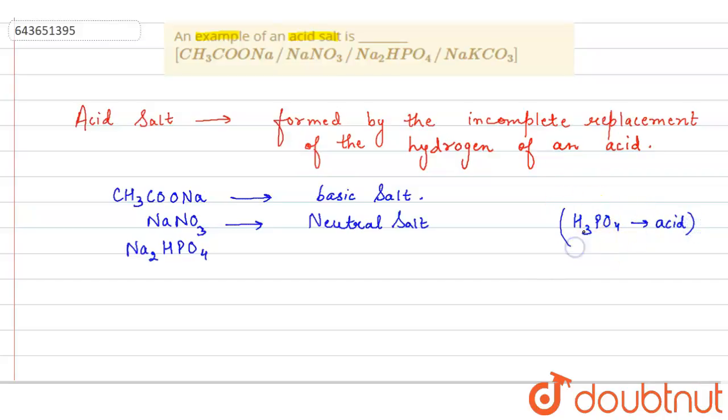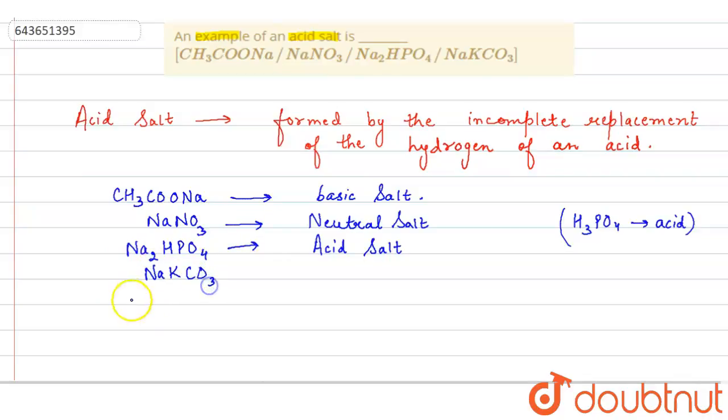So in this acid, two hydrogen atoms are replaced by two sodium atoms. So there is basically incomplete replacement of hydrogen of this phosphoric acid. So Na2HPO4, which is disodium hydrogen phosphate, it will be an acidic salt, or we can say it is acid salt. Right. Then we have